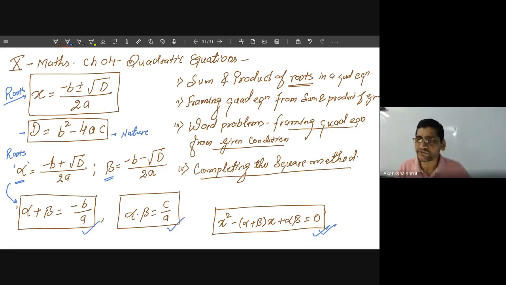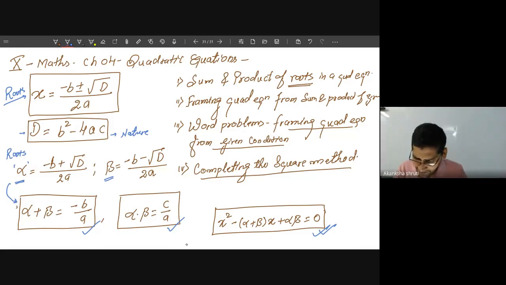Here we will learn how to frame the equation. The idea or concept is exactly the same as for the linear equation. Okay, exactly the same. But what is the difference? Just a minor difference is there, that we will learn how to take only one variable. In quadratic equation, we have to take only one variable, but in linear equation in two variables, we will introduce two variables. Though this can also be initiated with two variables and get to one variable, since the beginning we may take one variable. That idea I will give.